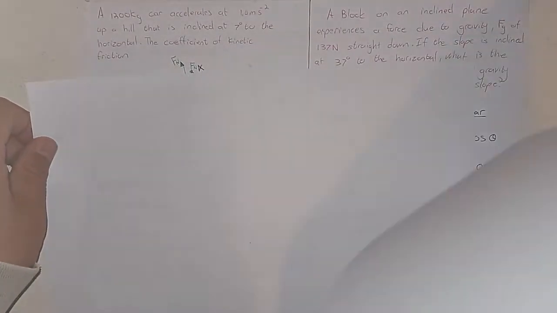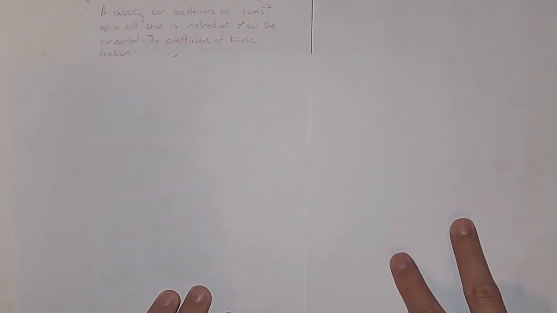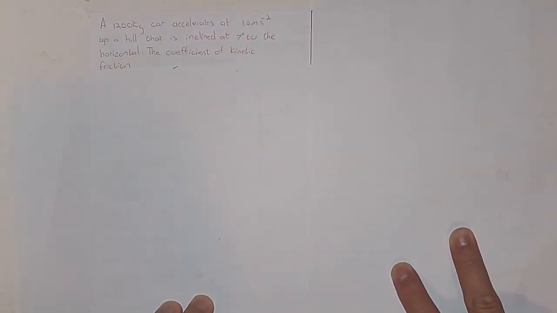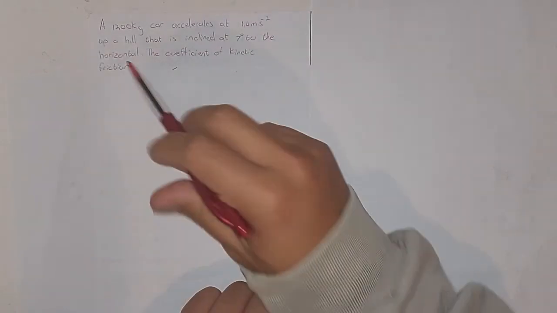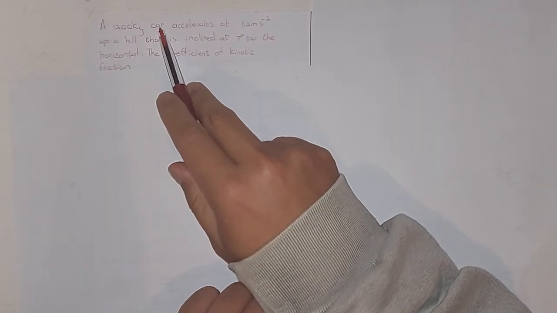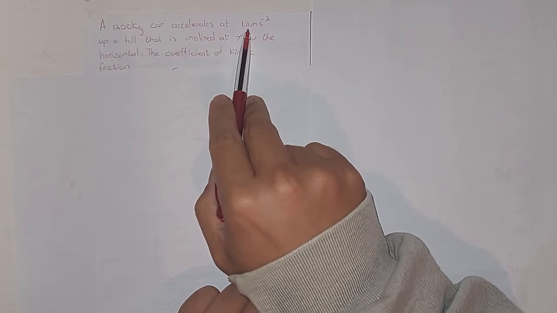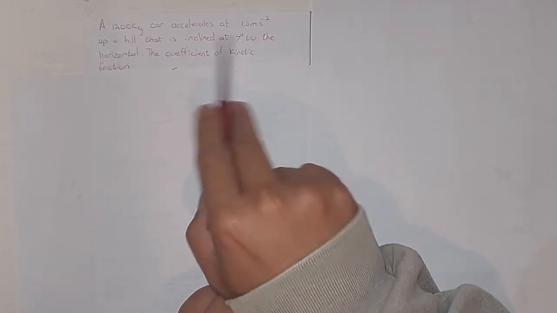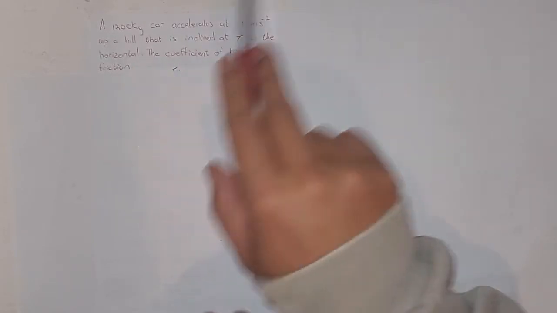Right, I'm sure you already saw, I've got two other questions for you. For Newton's second law, the only thing is now we're going to be looking at it on an incline. A 1,200 kilogram car accelerates at 1.4 meters per second squared up a hill that is inclined at 7 degrees to the horizontal. The coefficient of friction